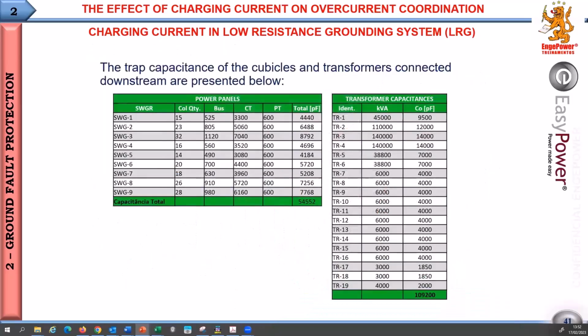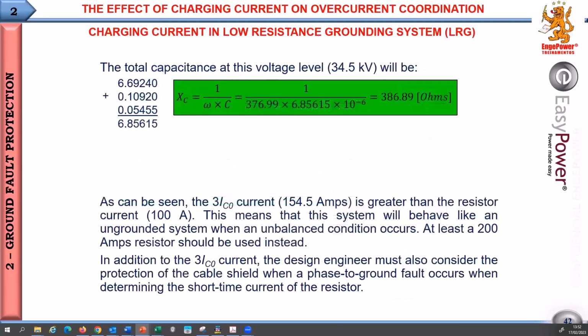These capacitances were calculated as shown here based on the IEEE literature. Okay. So the cable capacitance, transformer capacitance, switchgear capacitance. As you can see, what is prevalent here is cable and line capacitance. With the total capacitance, I can calculate